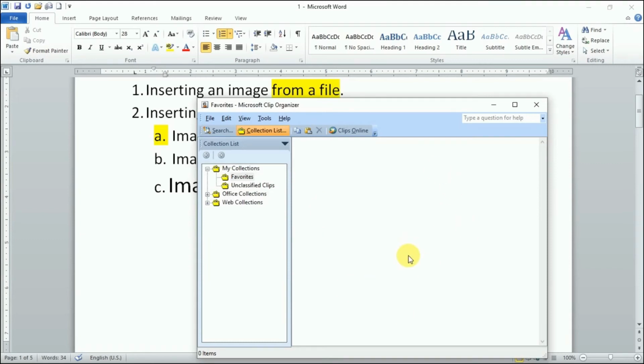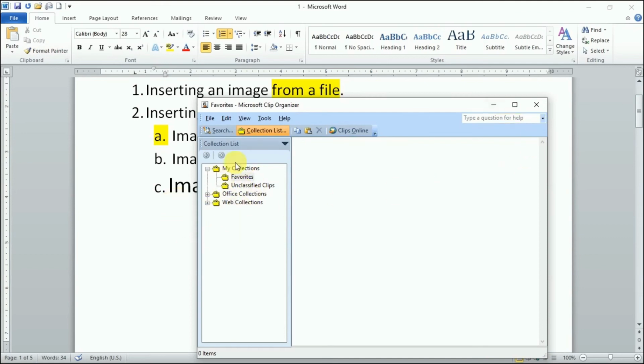I need to wait until the images are scanned using the scanner, right? Whatever images are scanned will come under My Collection, like these folders. A folder with the scanner's name will come under My Collection, meaning it will contain all the images scanned by the scanner, right? So the Microsoft Organizer work is done. The image has come here. Now its work is done.